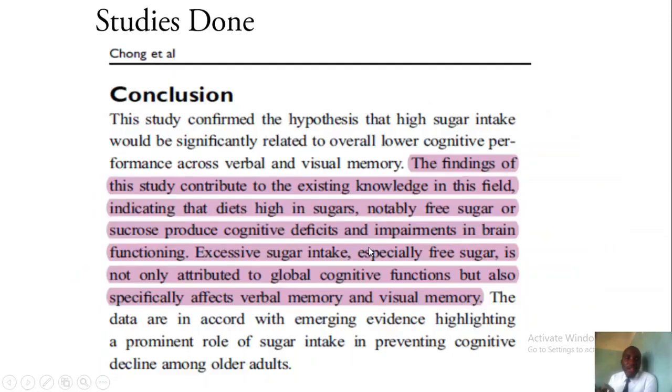diabetics. In conclusion, other studies have said excessive sugar intake, especially free sugar, is not only attributed to global cognitive functions but also specifically affects verbal and visual memory. So these are things that will predispose someone to diseases like dementia and Alzheimer's as they get to